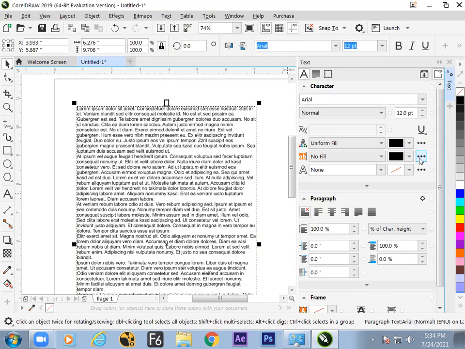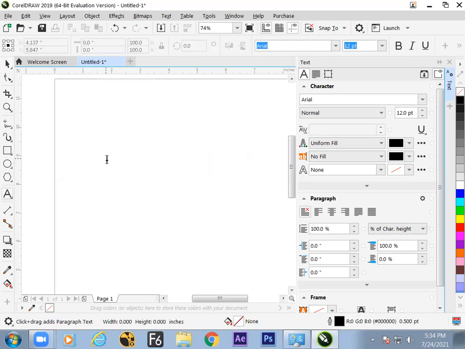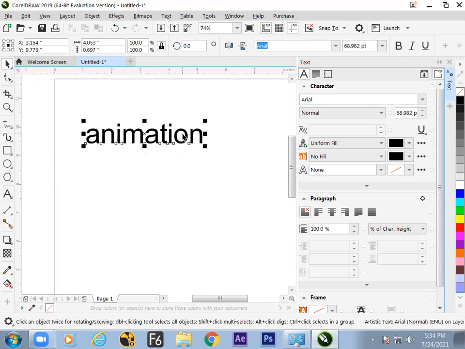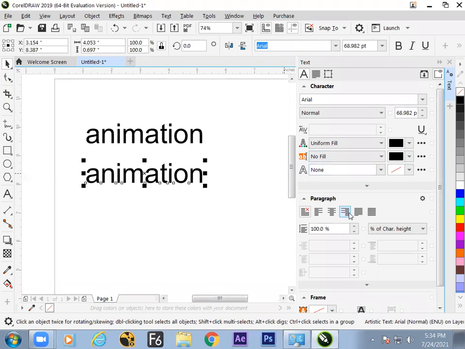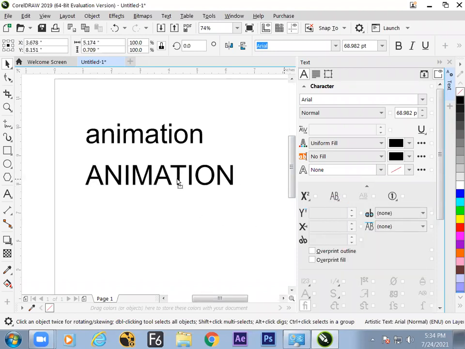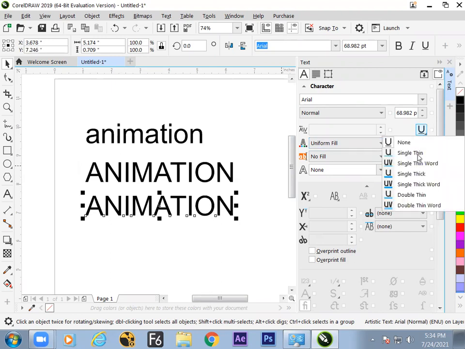Next, some other settings are here. We can switch to any color we wish. So let us go for individual text handling. Logo designing is done through the text. If you need to make it capital letters, what is to be done? Switch to the character properties, and in the drop down box switch this to all caps. So I hope we have understood how to turn normal typing into caps lock typing. Underlining and strike through are all available here: double line, single, thick.